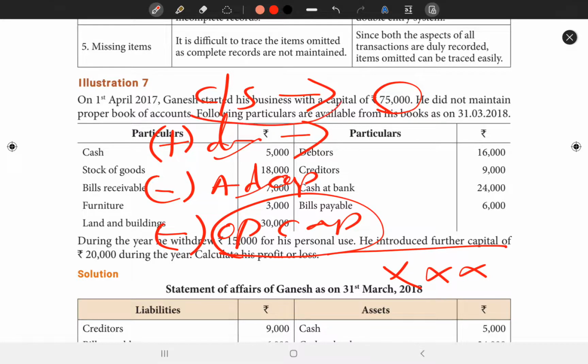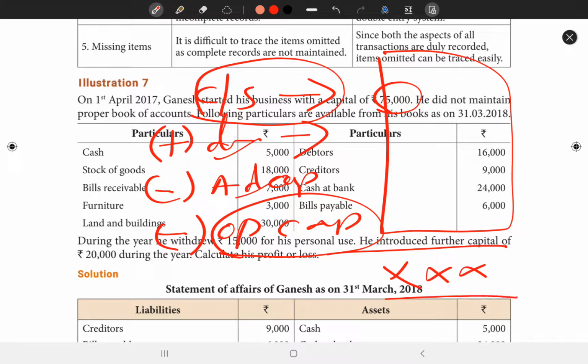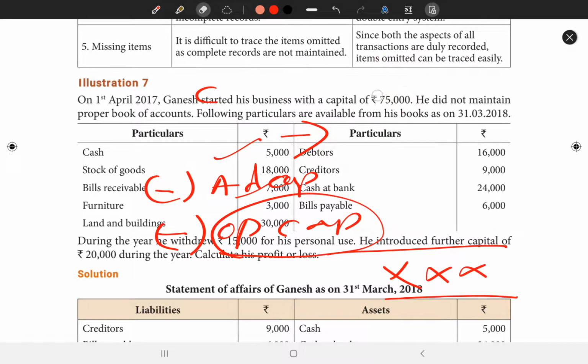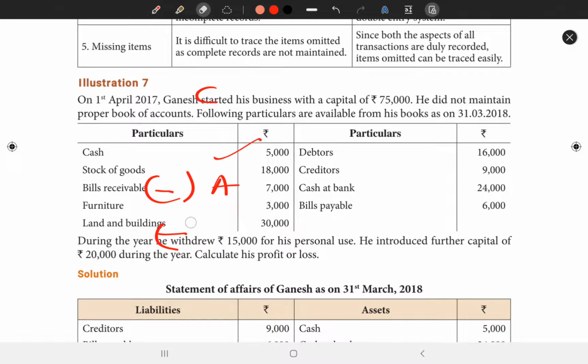So what we have to do is find out closing capital and put this information in this statement and find out profit and loss. It's such an easy thing. Let's see. Okay, so in order to find out 31/3/2018's statement of affairs, we first have to know what is